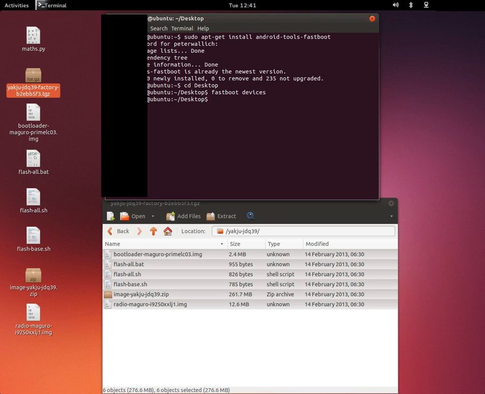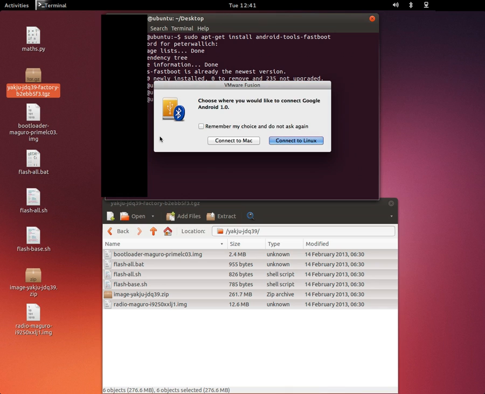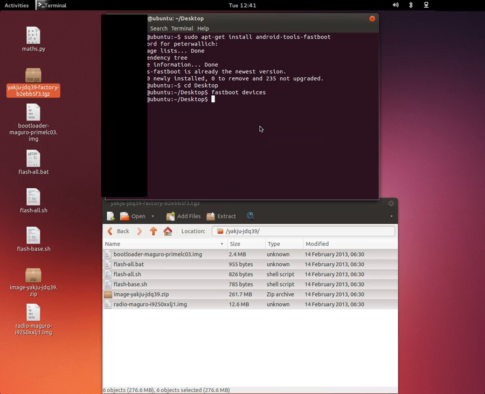Now, I can see this isn't connected, so I'll have to reconnect. I'm running a virtual machine, so I'll connect to Linux. And now if I do that command again, I can see there's my device. So then the next thing I need to do, and this will erase everything and revert to stock, everything including internal memory, is do the following command: